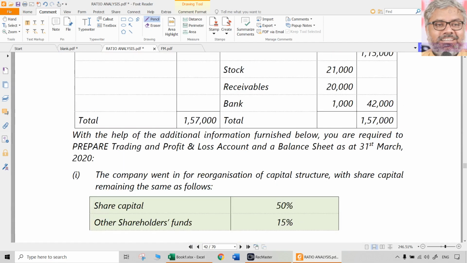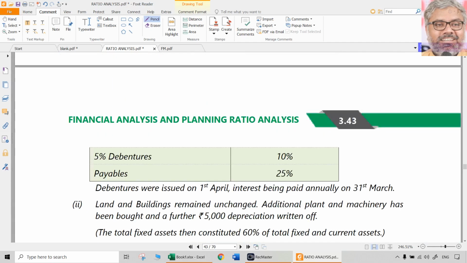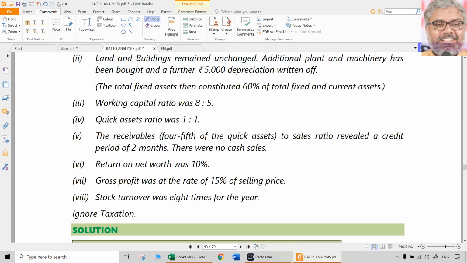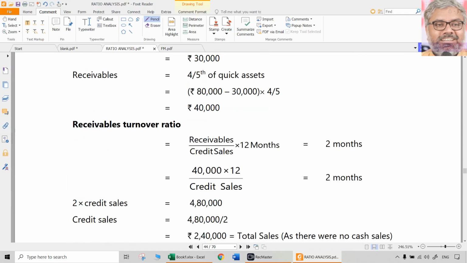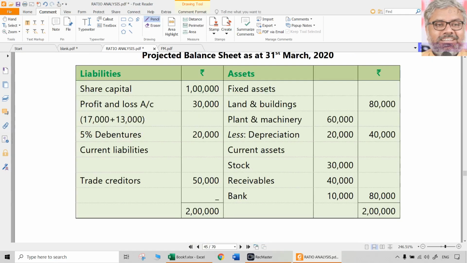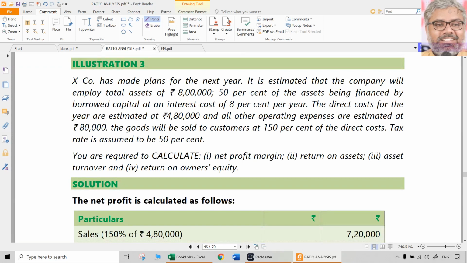The second question is a third category, as I told. It will contain some financial information also. It will contain some ratio related details also. Again, it will ask us some financial statements also. So a little bigger one, we'll come to that later once we are more comfortable with the ratios and application of them in the problem solving.